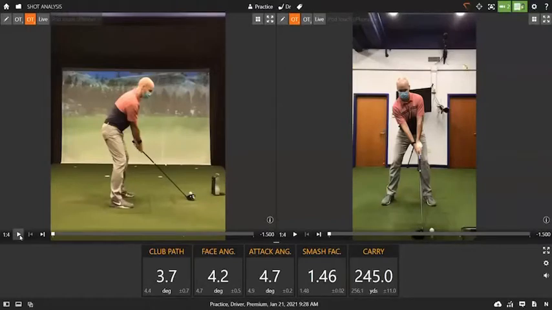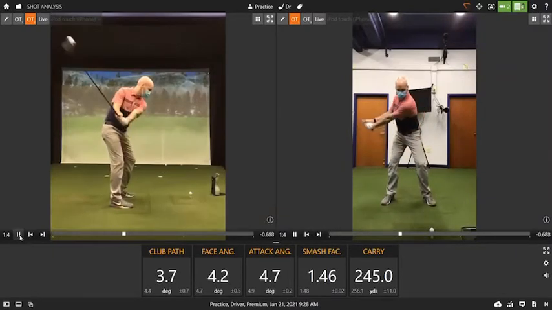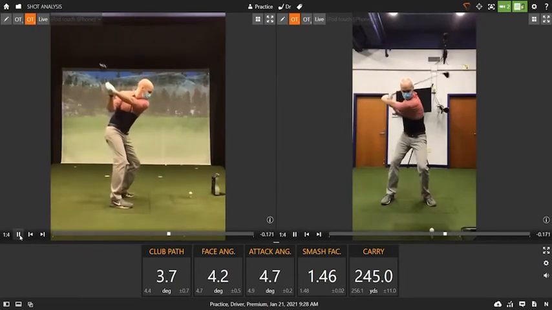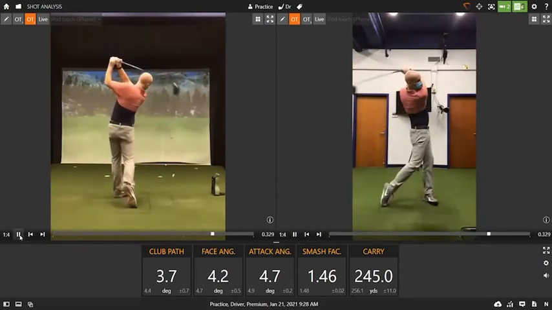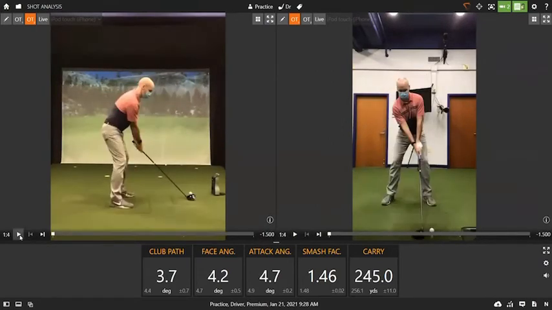So today I will be analyzing Mr. Hanley's swing. Let's start first by playing the video through real quick. Okay, so now looking at the numbers, the first thing that sticks out to me is his attack angle is